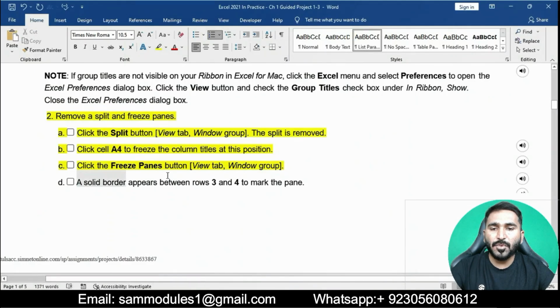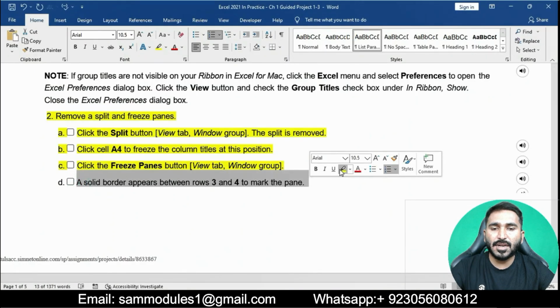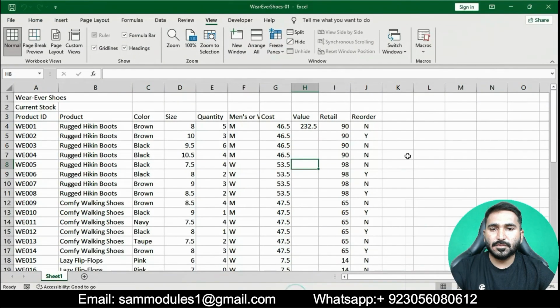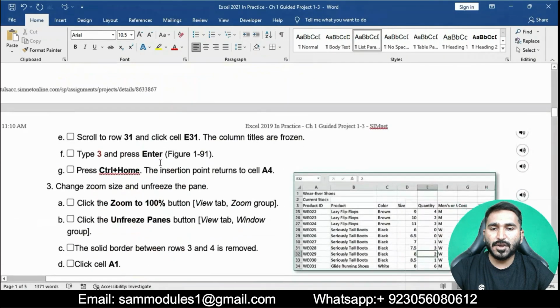A solid border appears between rows 3 and 4 to mark the pane.